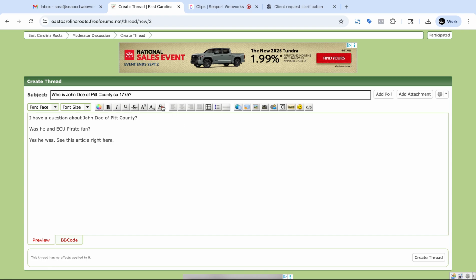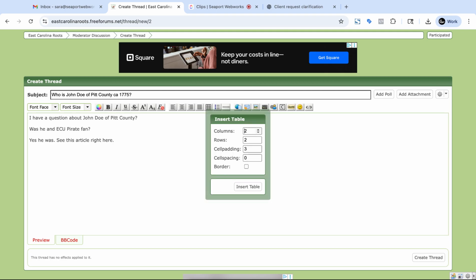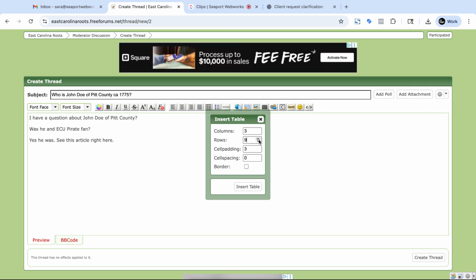let's see, that's to completely get rid of formatting. And you see here, you've got the left align, center, right align. If you want everything to be just spread out, you can do that. You can add a table. That would be if you wanted something with multiple columns, and let's say you wanted